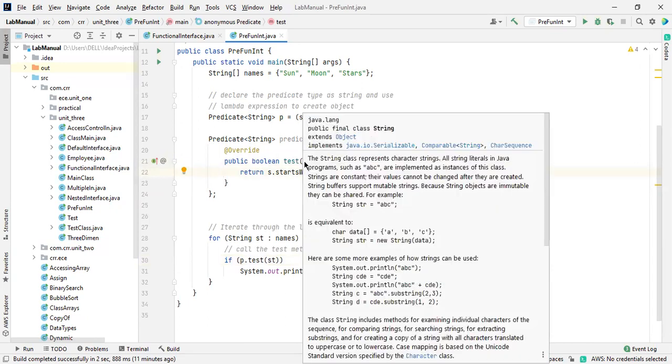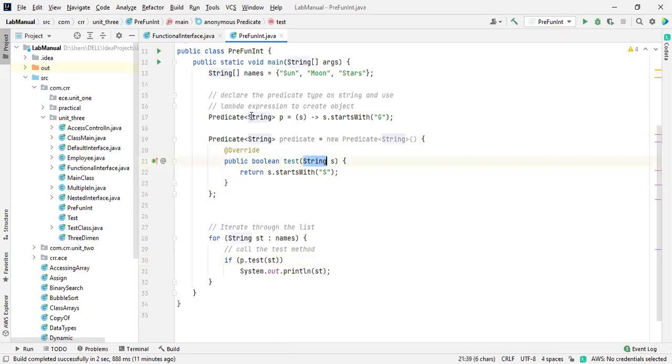It should be a string value because I mentioned a string over here. Now let me delete this and place it as s. One value came over here and has been sent, so first it is sun.